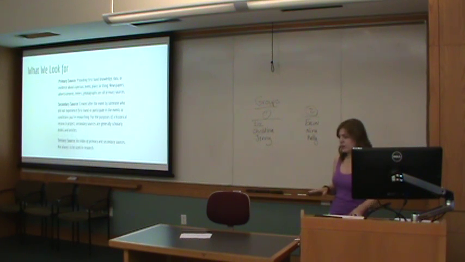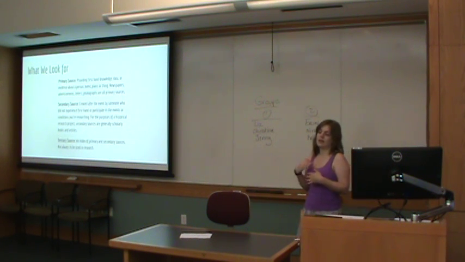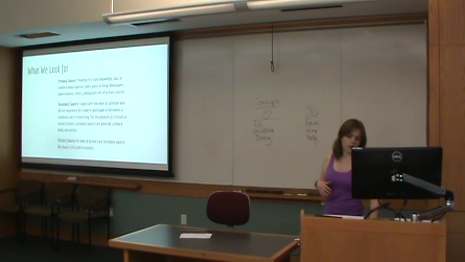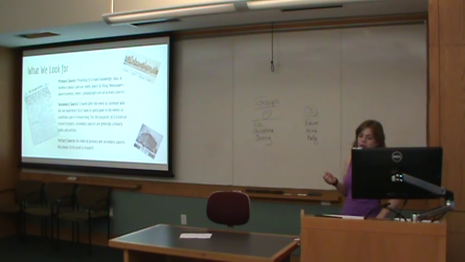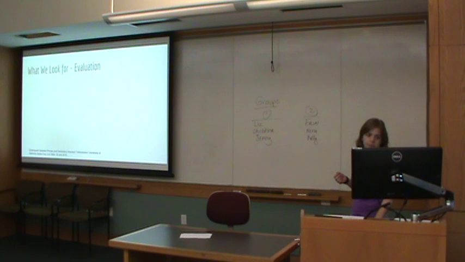And a tertiary source is something that indexes those two together. It's like a textbook or something like that. And that's not always for research. In this case, we're not going to be using secondary or tertiary sources. So I put up some examples, just really quickly. You don't even have to glance at them. There's newspapers. We have a photograph of New York from the 20s. And then we also have an advertisement for the Hotel Astor.